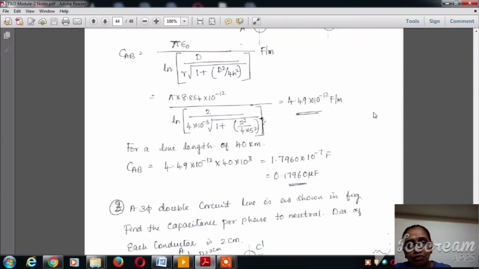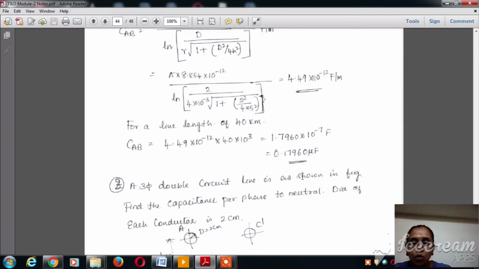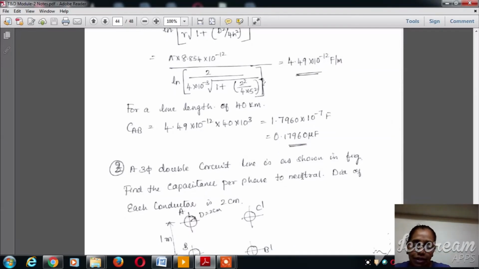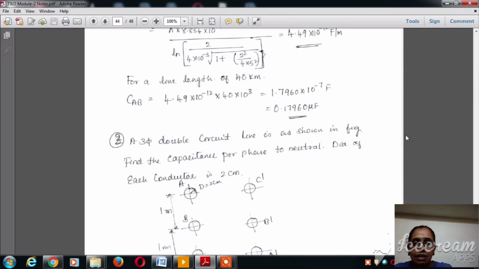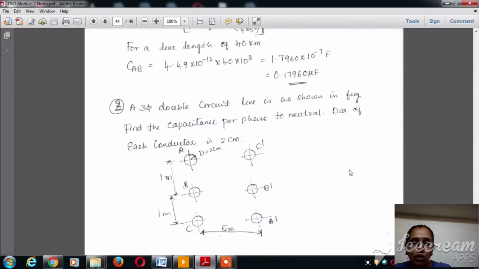Total length of the transmission line is 40 kilometers, so calculate the CAB for 40 kilometers, which works out to be 0.17960 microfarad. Similarly, in the next problem, they have mentioned that it is a three-phase double circuit line as shown